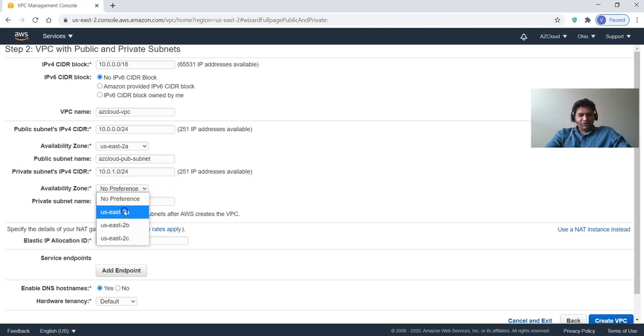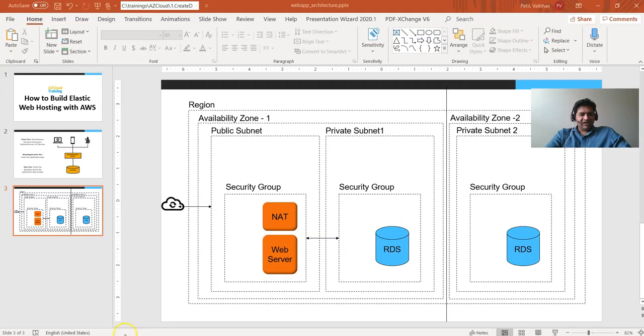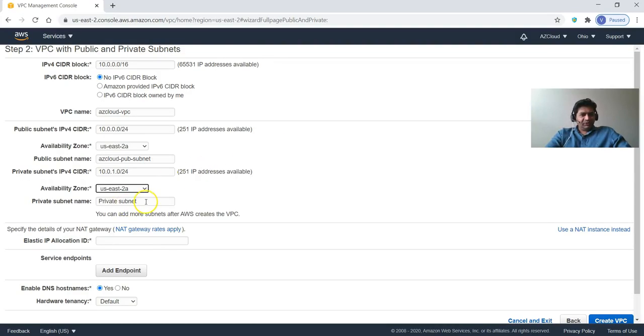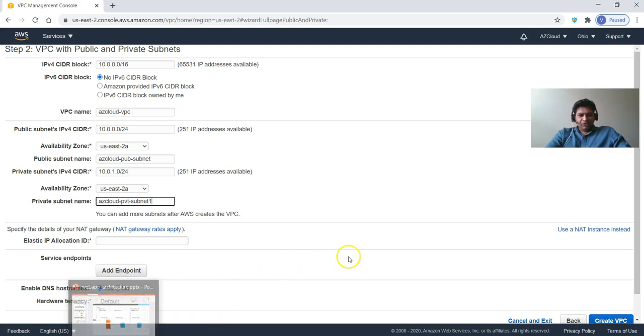So I'm going to use the same availability zone as the public subnet just to make sure that I align with the setup I have in mind. With that, I'm just going to name this private subnet as AZ Cloud Private Subnet 1. And why 1? Because I'm also going to set up subnet 2, which is going to be in the